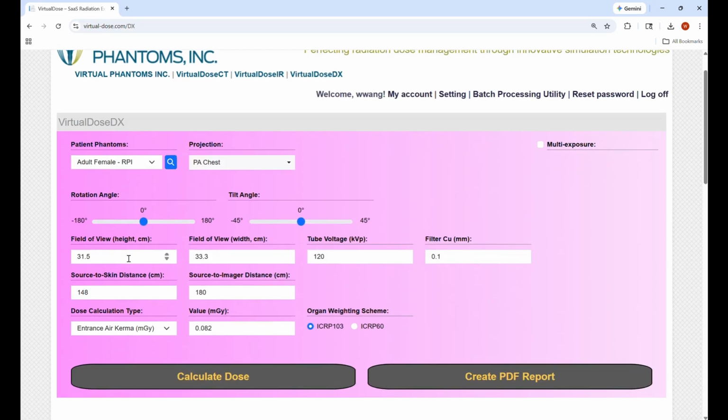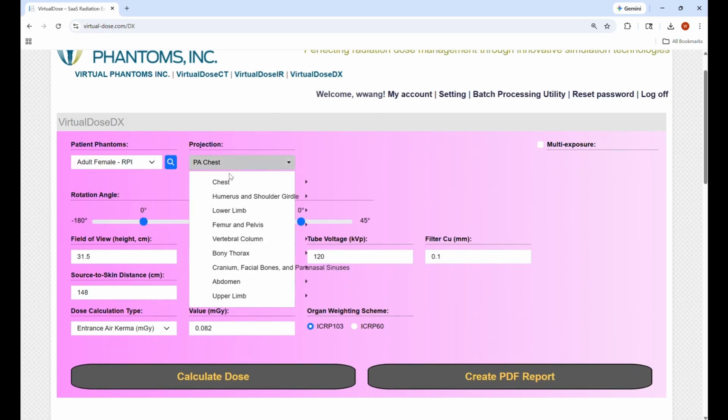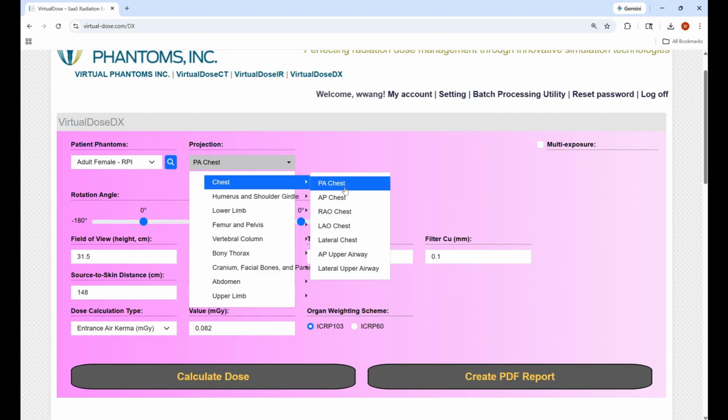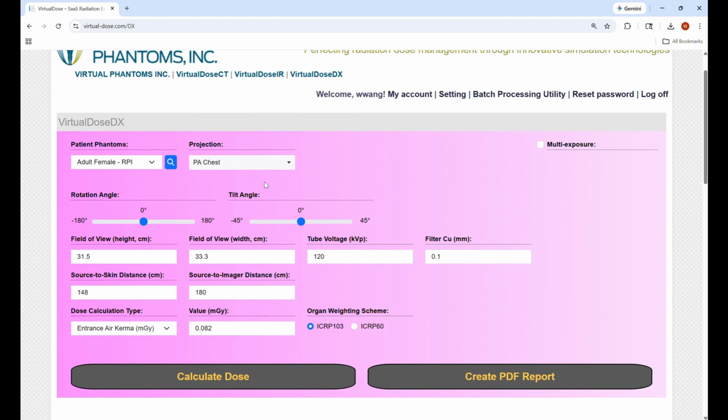The patient is assumed to be lying on a 2.15 mm aluminum equivalent thickness operating bed. The projection drop-down menu is populated with a number of standard X-ray examinations grouped into categories. Selecting the down arrow reveals the categories, and the right arrow beside each category reveals the available examinations within that category. Selecting one of the options populates the values of the rest of the parameters, which can then be modified